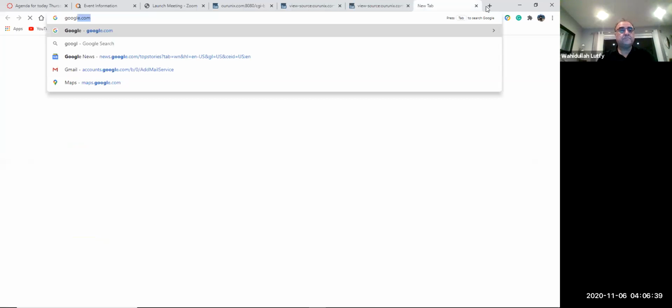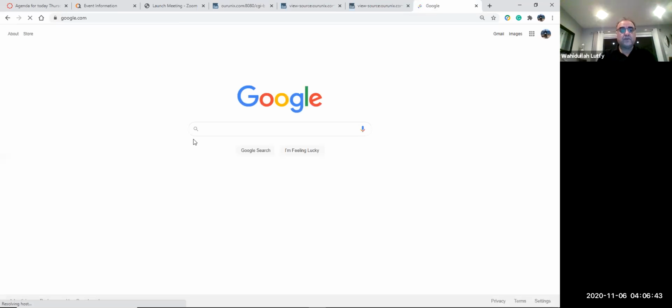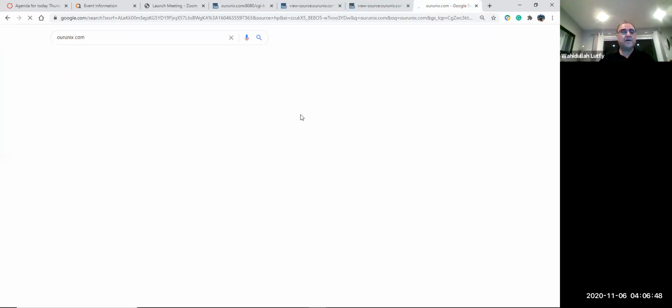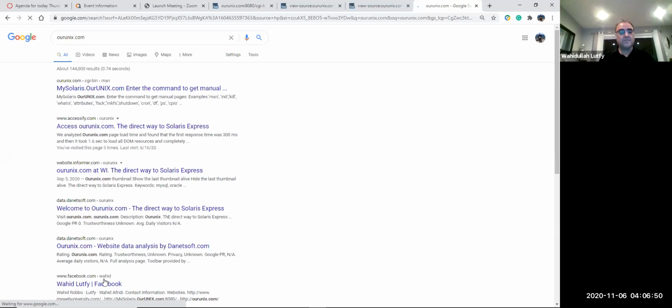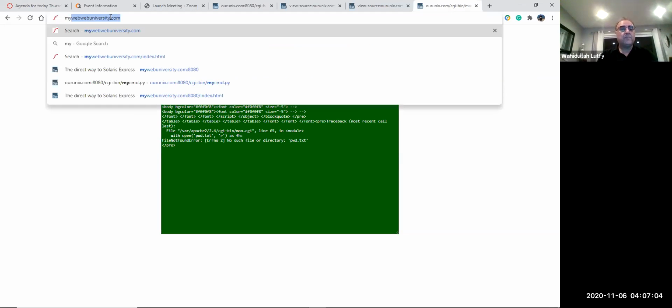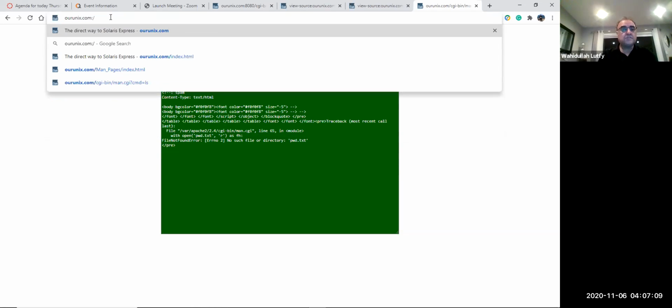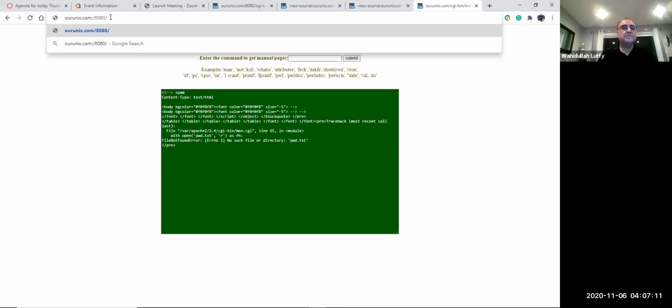So when I go, for example, on the google.com site and search for something like our unix.com, let's say our unix.com. If I just do that one, you can see that a lot of the information is already populated in Google, and it shows that on each page there's some kind of information. So this is the page that is there. So if I go here and say our unix.com/AD/, let me just go to